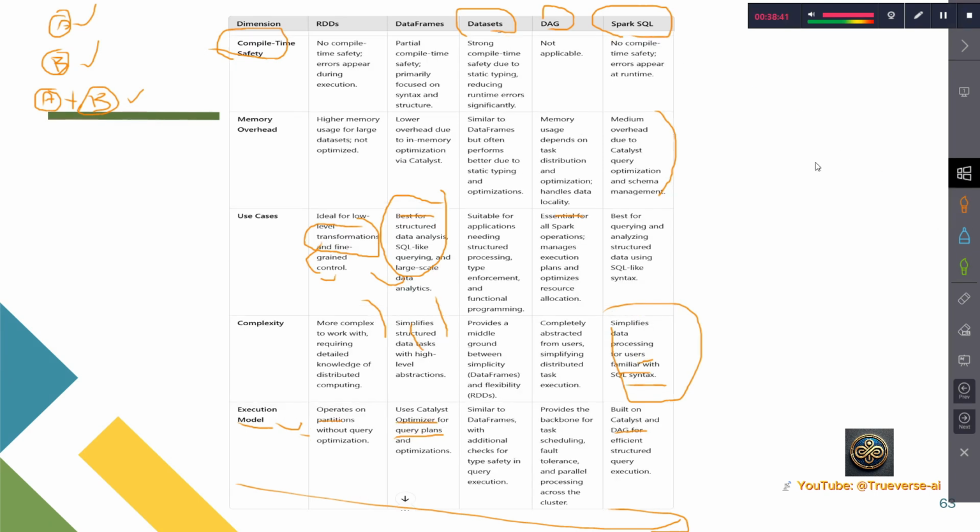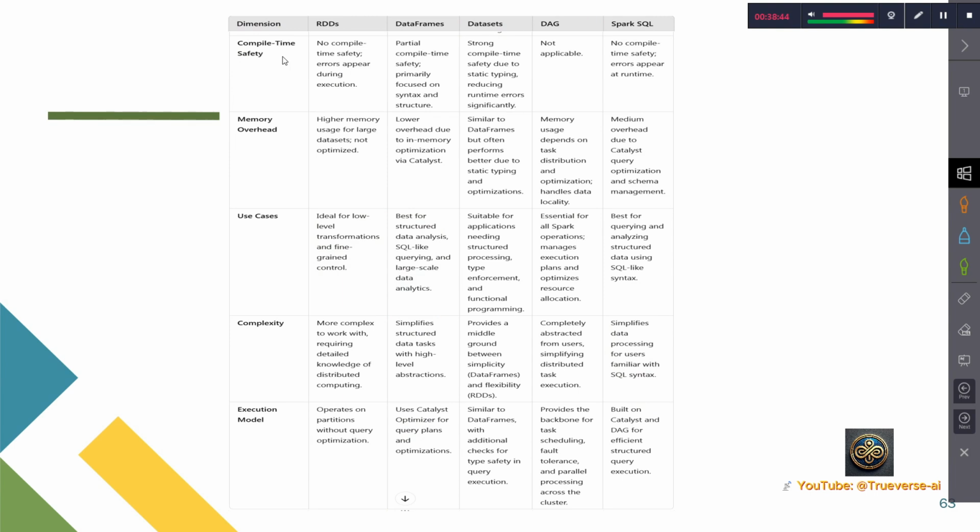So let's continue our table. For compile-time safety, I already explained. So for compile time, there is no compile-time safety, but this one is partial. This is very strong, and this is not applicable. No compile-time safety, the error appears at runtime. So this is generally how the model works. Memory